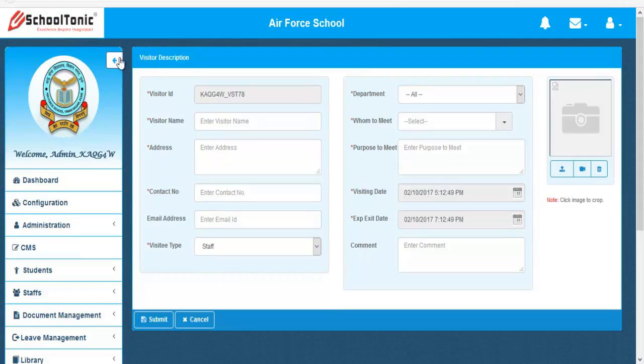So let's put up some other mandatory details. This is the visitor ID, which is system generated, and then you can put the visitor's name, say Nirupama Verma. Then put the address, maybe SN Banerjee Road,